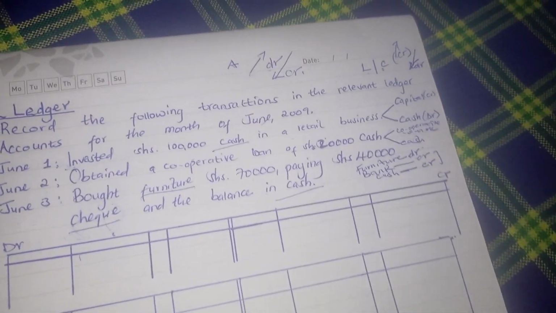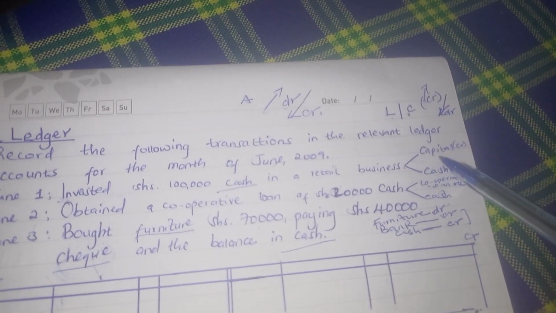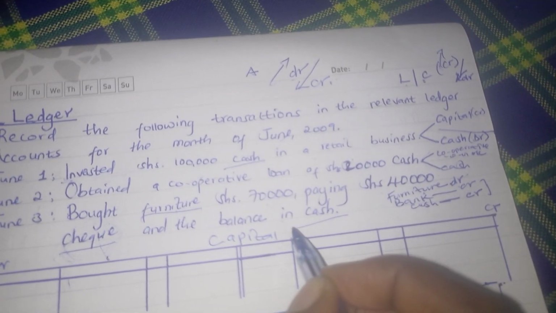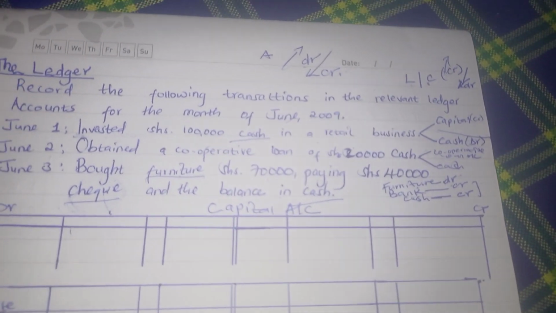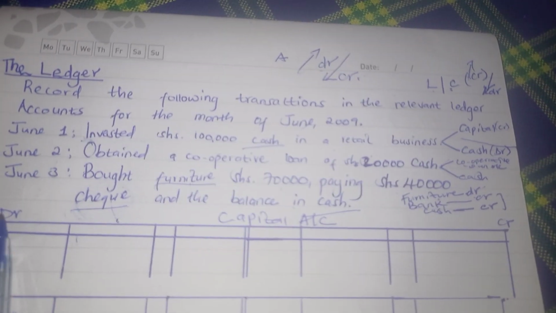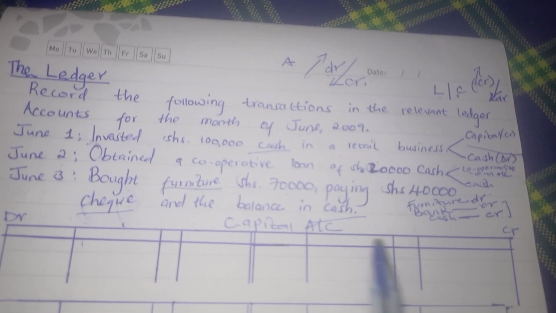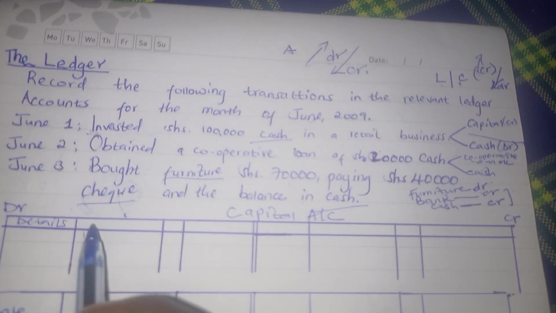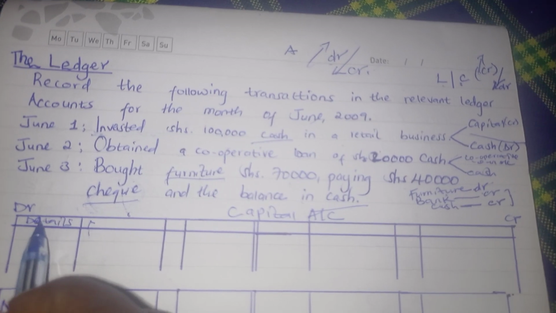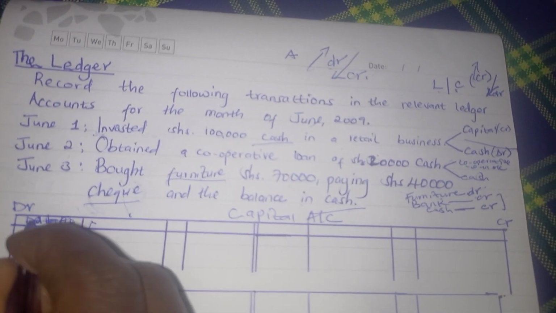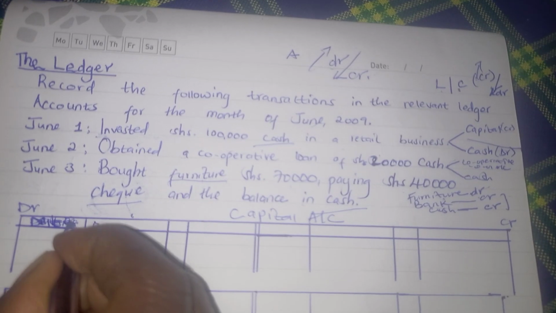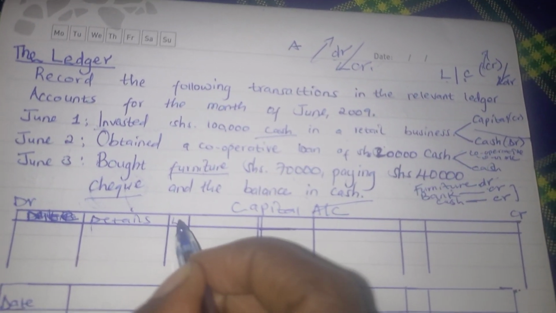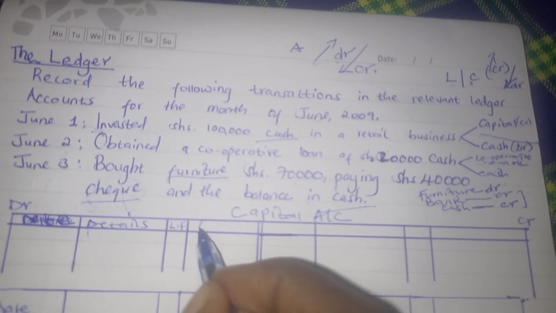So we move on. The first account we have is capital. So we have a capital account, and every ledger account has, as we have said, a debit and a credit side. On each side we have the date column, followed by the details. Then we have the ledger folio, the amount,